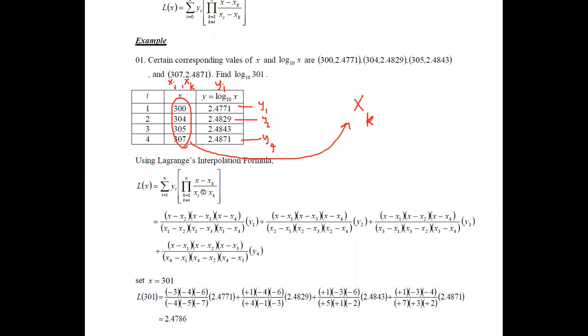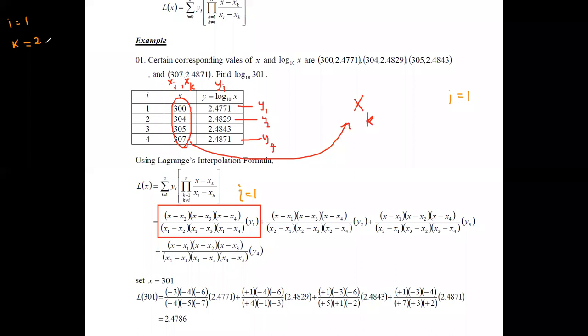First of all, we will set the value of i equals 1. In this set, you can see this is the set that I have obtained for setting i equals 1. This is the value set that I have obtained for setting i equals 1. If i equals 1, I will start from here. If i equals 1, then the values that we can take for k are, in this situation, k can be equal to 2, 3 and 4 only.